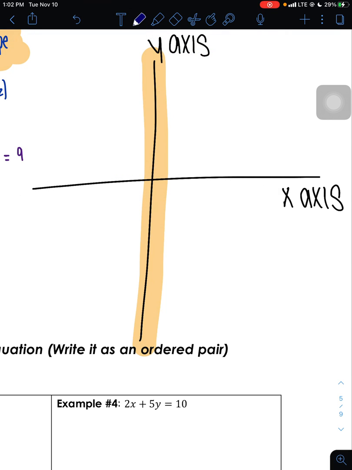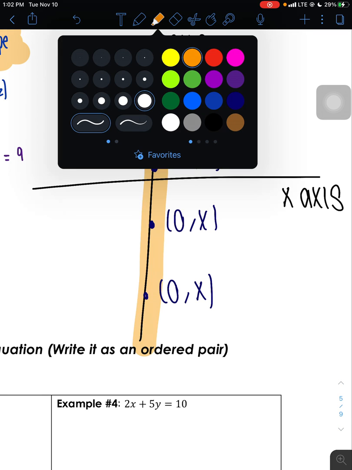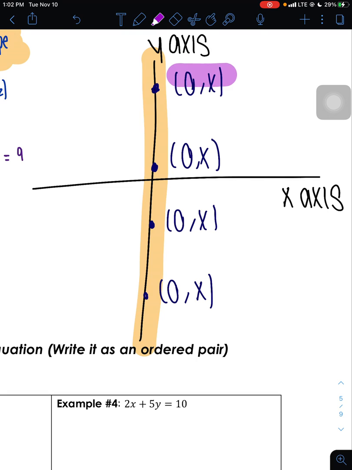And if it's going to be on this line, the first term has to be 0. So it's going to be 0 comma something, anywhere on this line. That's what your y-intercept will look like regardless: 0 comma something. And this is going to be for all y-intercepts, okay? So if you guys don't take anything from this video, know that your y-intercept must be in the form 0